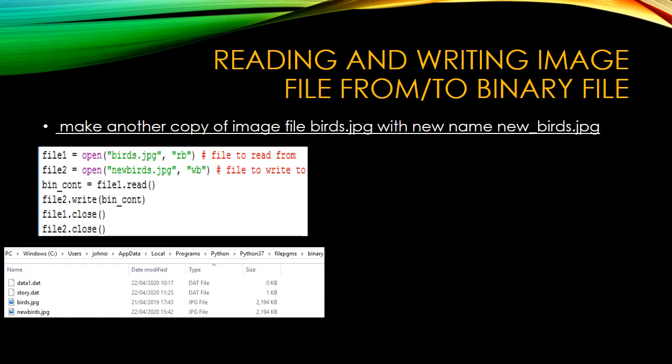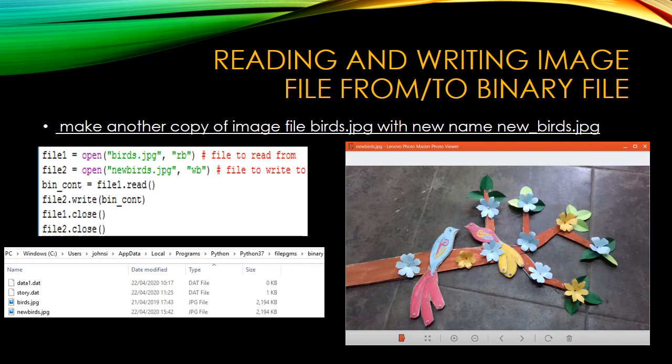That means the same copy will be created with a different name. We read the content from birds.jpg and write it into new birds.jpg, and then close the two files.